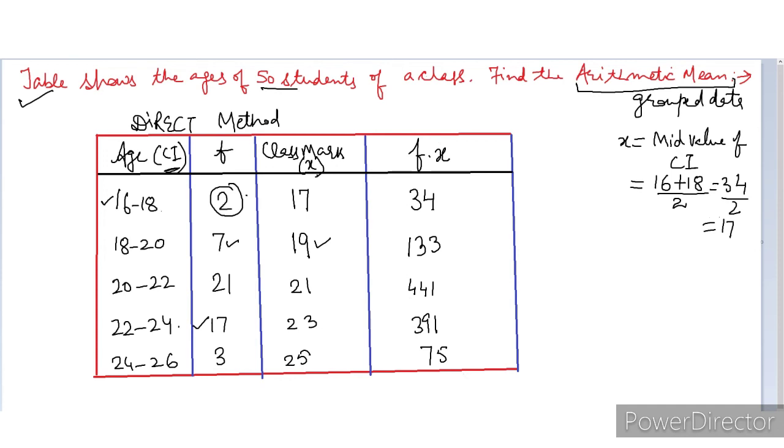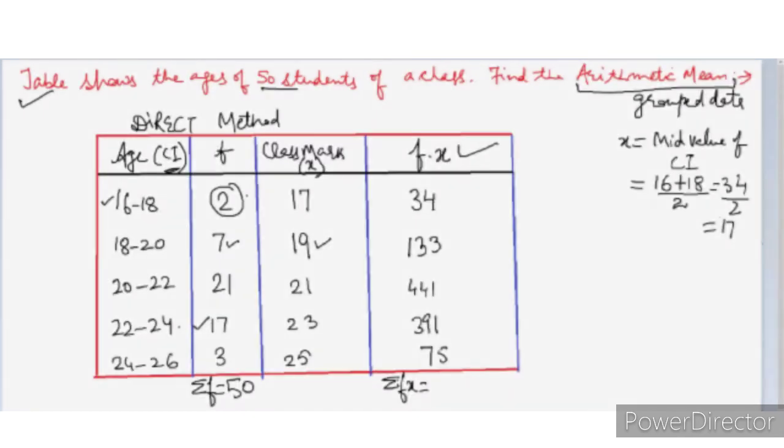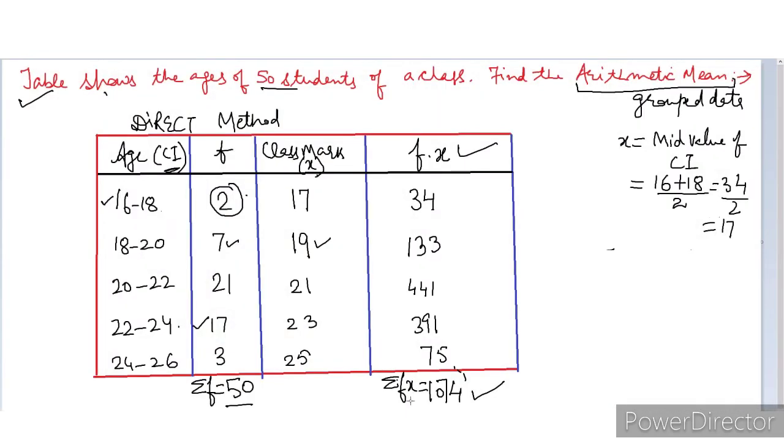Once we have done all this fx, we are going to find the summation of it. Summation means we are simply going to add all these values of fx, right? And we are going to add one more thing, that is the summation of all the frequencies. So let us first add the frequencies. 7 plus 2 is 9, 10, 10 plus 7 is 17, and it will be 50. So the summation of all the frequencies will be 50. And now let us add this side. So students, we have got the summation fx to be 1074 and summation f to be 50, right?